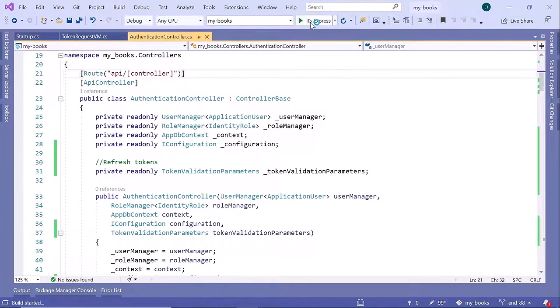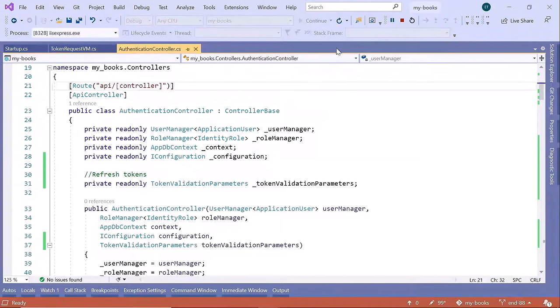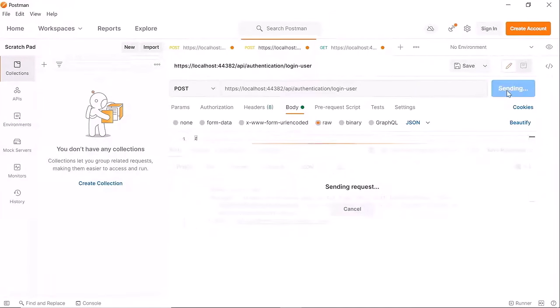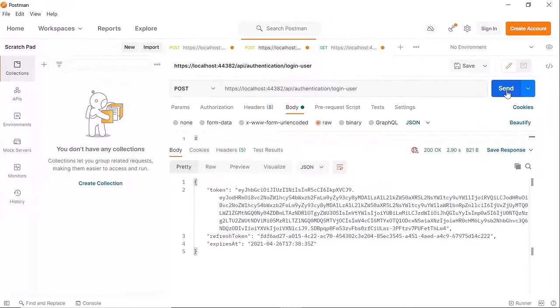So let me start Visual Studio one more time. And I'll just go to Postman and then click the send button one more time. And now you can see that we get a token, we get a refresh token as well. So let us just copy this post,